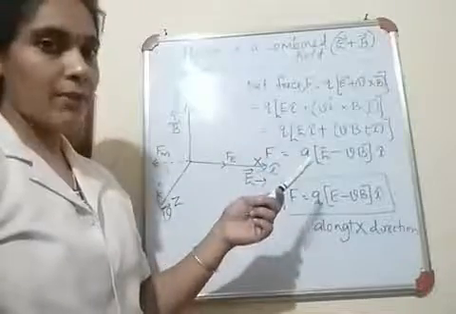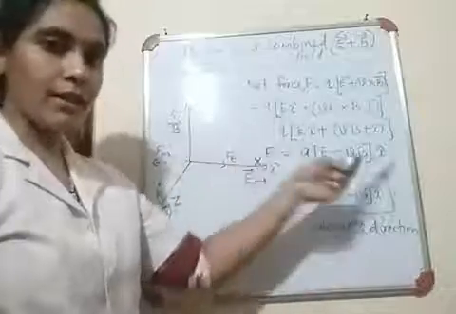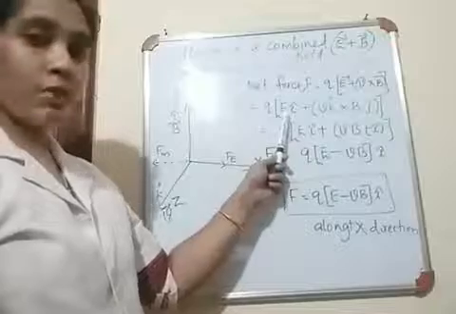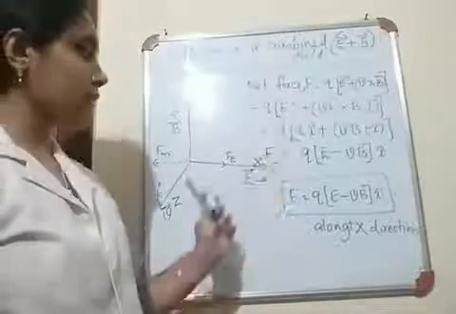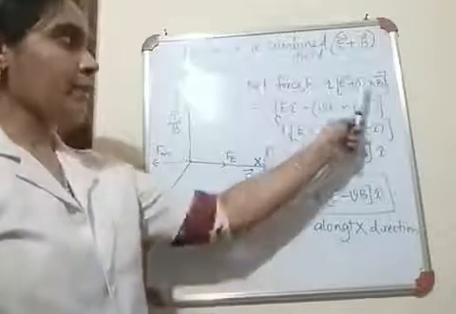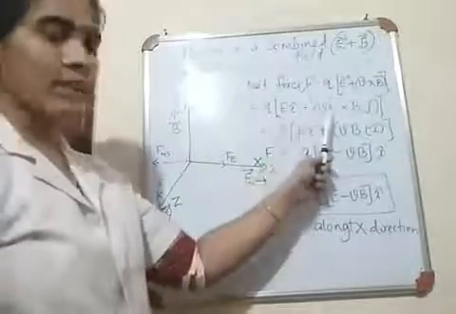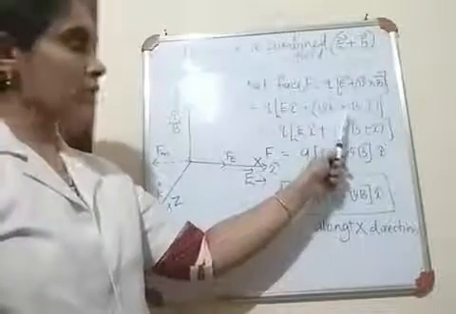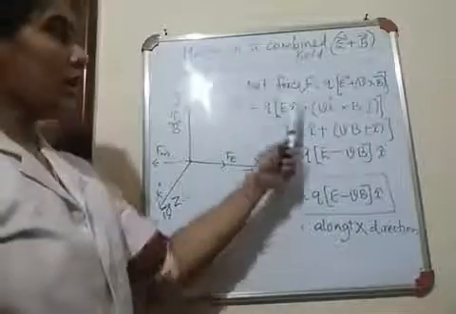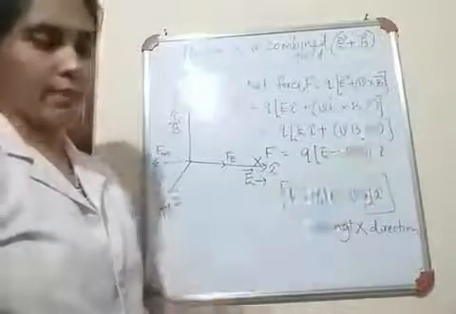You have studied in the previous year that a vector can be represented as the magnitude of that vector into the unit vector acting along that direction. So here the magnitude of that electric field is E and the unit vector along the electric field is i cap. So E into i cap plus v. Velocity is acting along z direction, so the unit vector along v is k cap, cross B. Magnetic field is acting along y direction and the unit vector is j cap. So B into j cap.